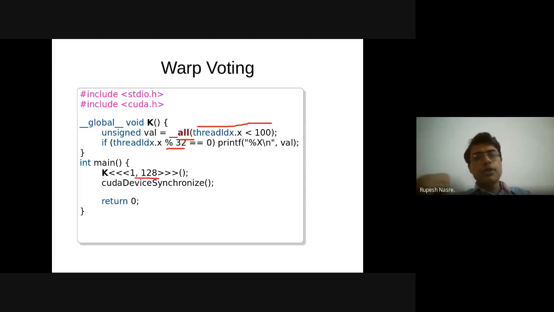And warp 3, which is going to have this condition true only for, let's say, 4 threads, the rest of the 28 threads it's going to be false. Therefore, the all condition, the AND of all these bits, is going to be 0. And therefore, we'll see 0 as the output. And therefore, we expect this output to be there in some order. Any questions on this part? Okay, then you can also tell me the answer to any. What will be the answer?